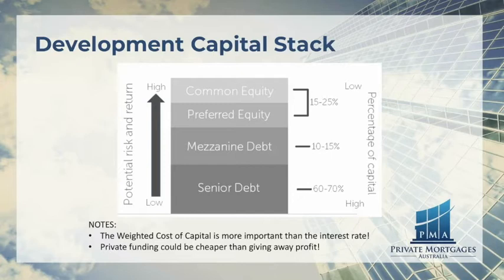It's subordinate to the senior debt provider down the bottom. So taking on a bit more risk, they're putting in far less capital into a specific project, but they get compensated with a higher rate of return. As you move up the capital stack,